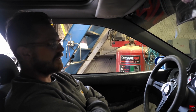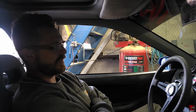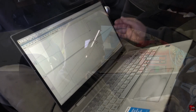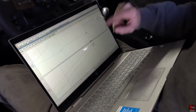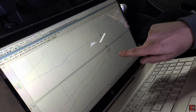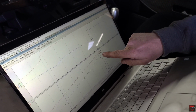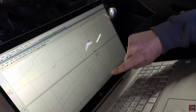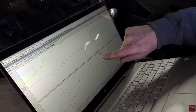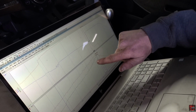I don't really see it in the big end, but I'm definitely seeing it down at the very low pulse width area. Okay, so we did just hit a significant duty cycle. We're at 83% duty cycle on that run out at 8,000 RPM. We're only at 11 pounds, and we'd like to go a bit more on the boost. So to get a little bit more headroom with the duty cycle,